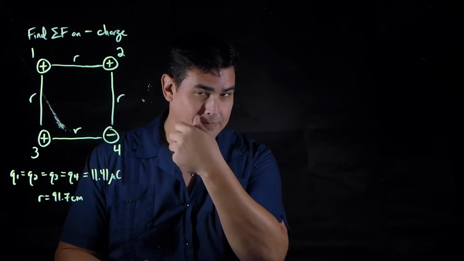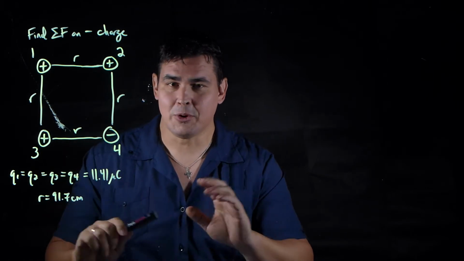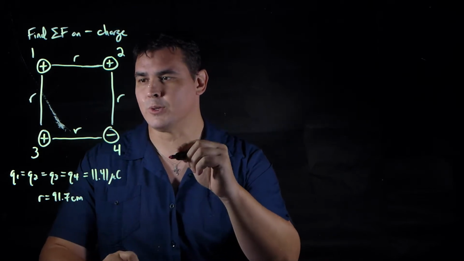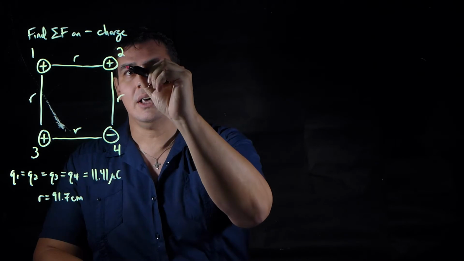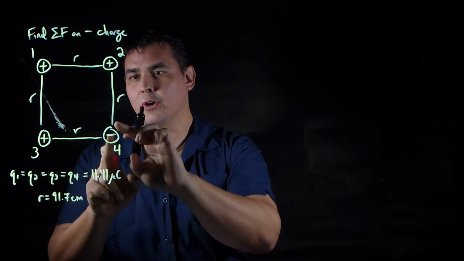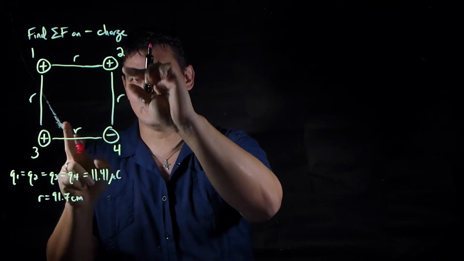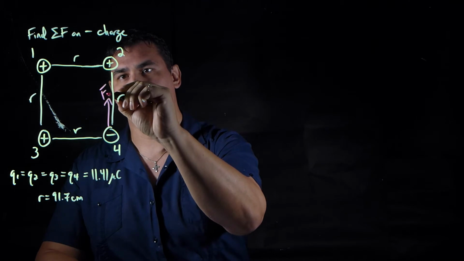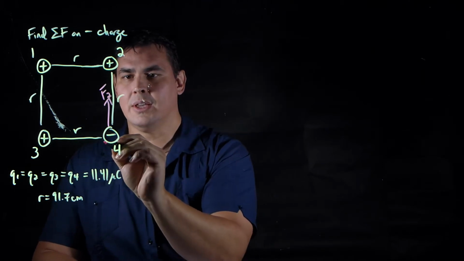So let's go solve. First, anytime you're doing a problem with forces, the first thing is to draw the vectors. So let's label what forces there are. The positive charge here and the positive charge here are both going to be pulling along those sides of the square. I'll call this the force from charge 2, F2. And I'll call this one